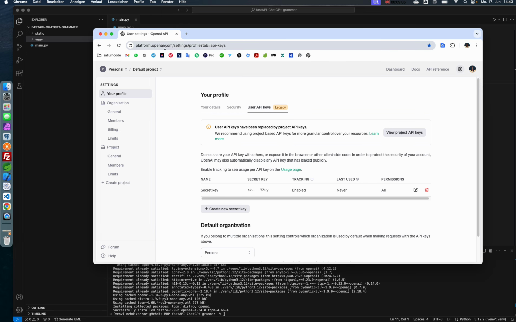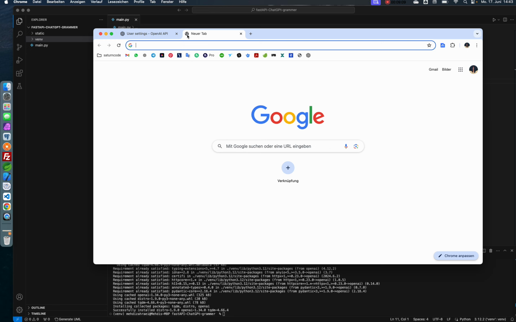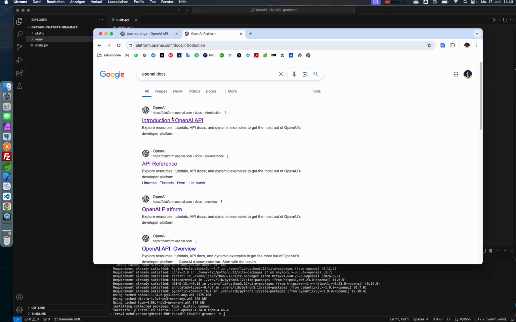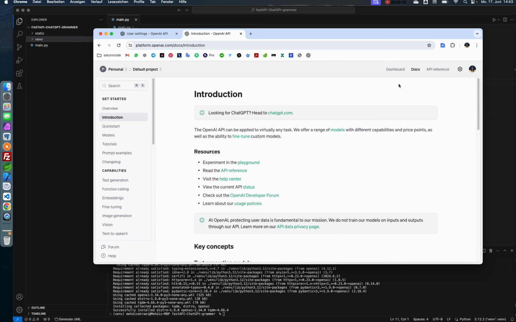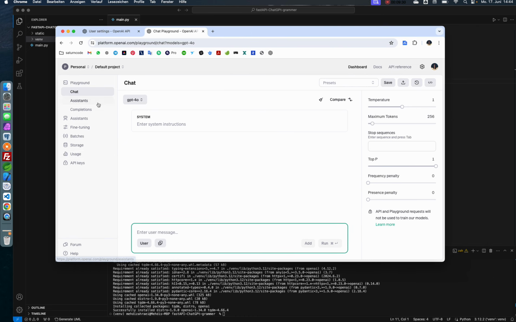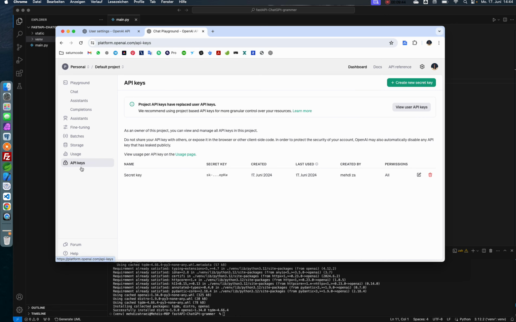Okay. You need to go to OpenAI, or you can search for OpenAI documentation docs. You can open it from here as well, and from the dashboard. As you can see, at first I don't have any limit on FastAPI because it's shut down, and you have, I think, about 180 tokens for free, and then you need to buy it if you have a project or you want to make a project. As you can see, what's important to do before anything at all,